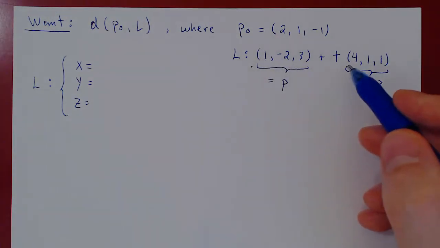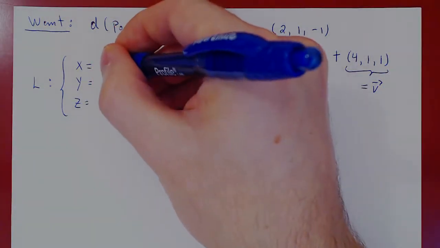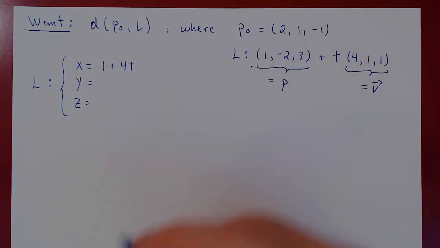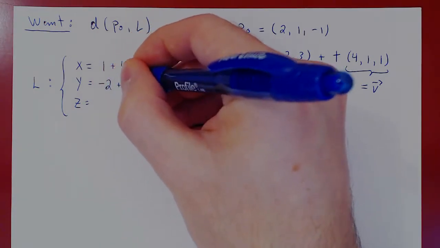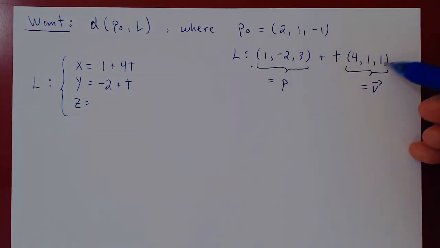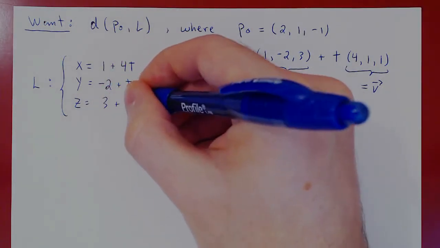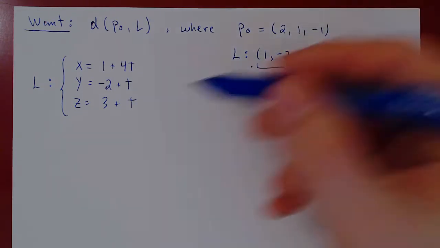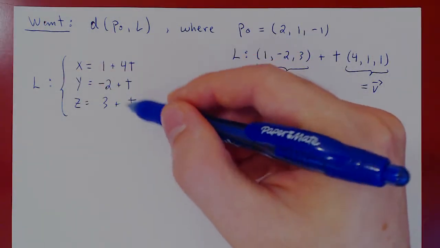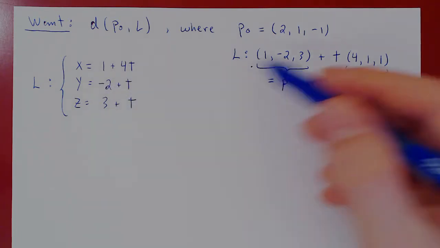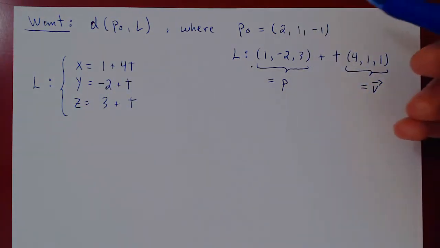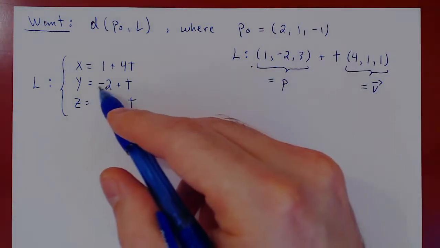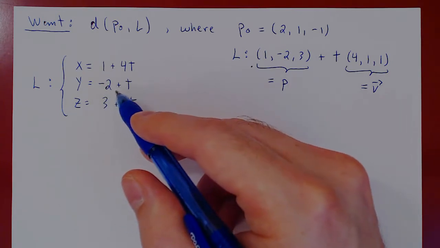X will be 1 plus 4t. Y will be negative 2 plus t. And z will be 3 plus t, where again t can range over all real numbers. And now think of it. If this point were a point on the line, there would have to be a choice of t that would give us this point. Look, for example, at the y component. The y component is 1,